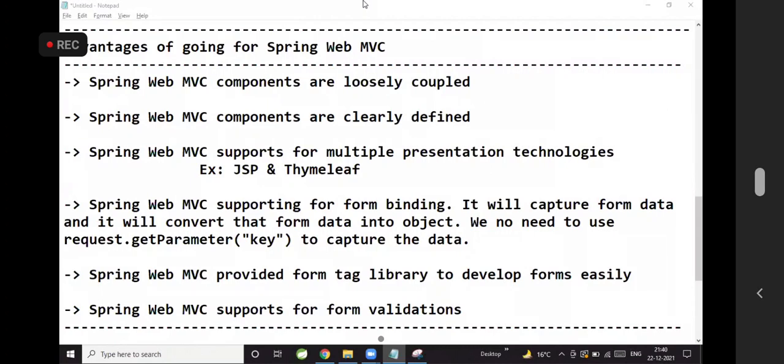The difference between web services and RESTful services we will discuss in the REST API, not now. Currently we are not talking about web services. Currently we are talking about Web MVC to build web applications. When I am going to build REST APIs, then I will tell you the difference between web services and RESTful services. Got my point, guys? So are you clear with what is Web MVC and what are the advantages of Web MVC?